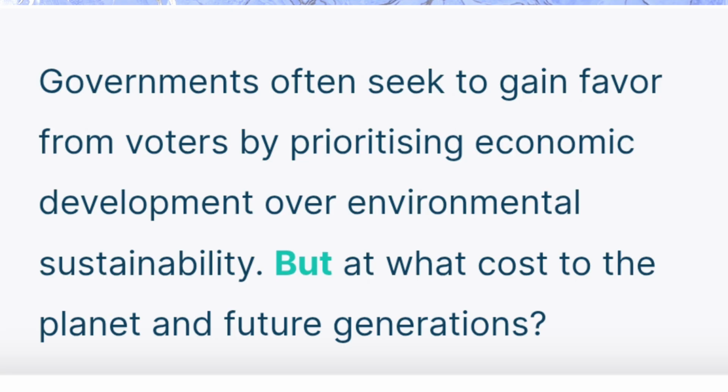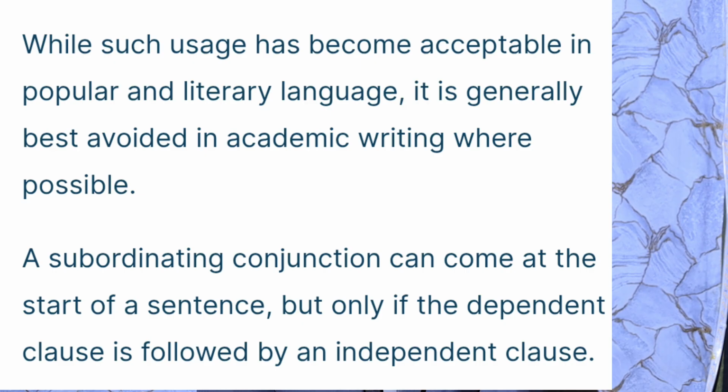If I said, "Governments often seek to gain favor from voters by prioritizing economic development over environmental sustainability," I continue: "But at what cost to the planet and future generations?" Here you can start with "but." While such usage has become acceptable in popular and literary language, it is generally best avoided in academic writing where possible. A subordinating conjunction can come at the start of a sentence, but only if the dependent clause is followed